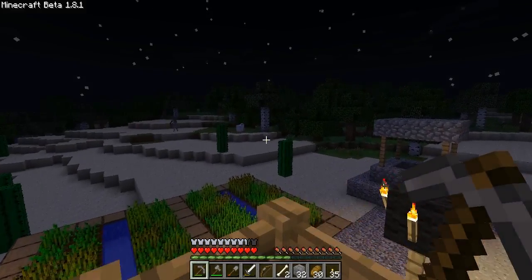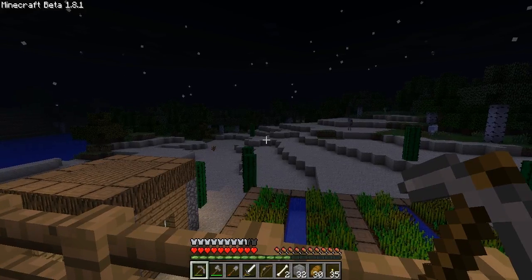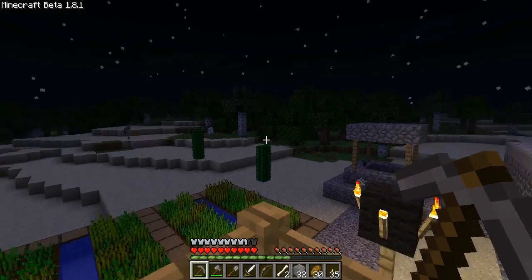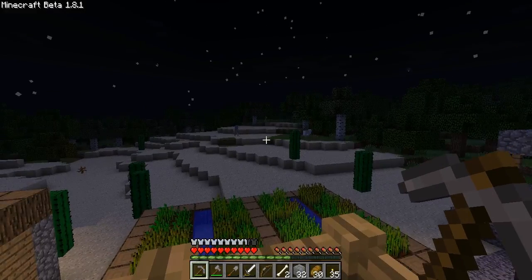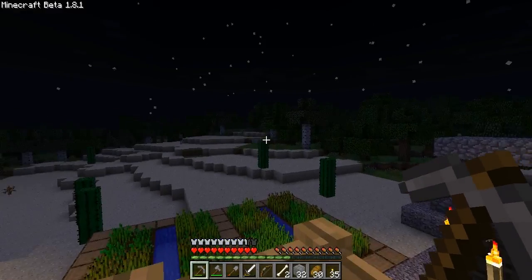So I guess I'll build fenced areas so I can have cows and sheep and chickens and see what happens. If it works out and they don't despawn, but I'm pretty sure they're gonna despawn. Everything despawns so far, so